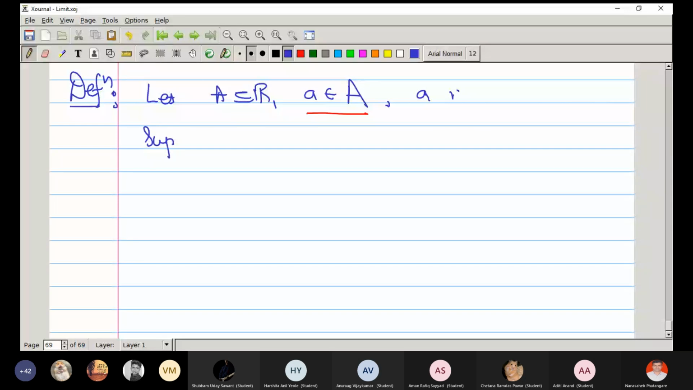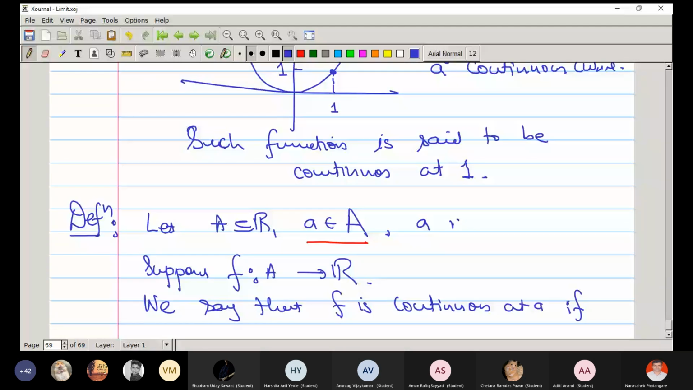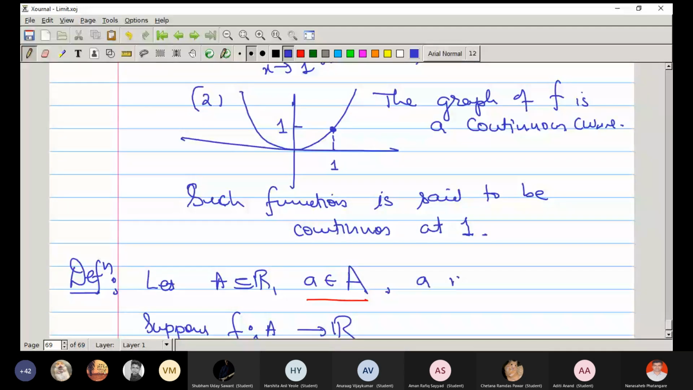Suppose f is a function defined on A to R, then we say that f is continuous at a if, from the previous discussion, the function was continuous at 1 when this happened: if the limit at 1 is the same as the value of the function at a. So when this happened,